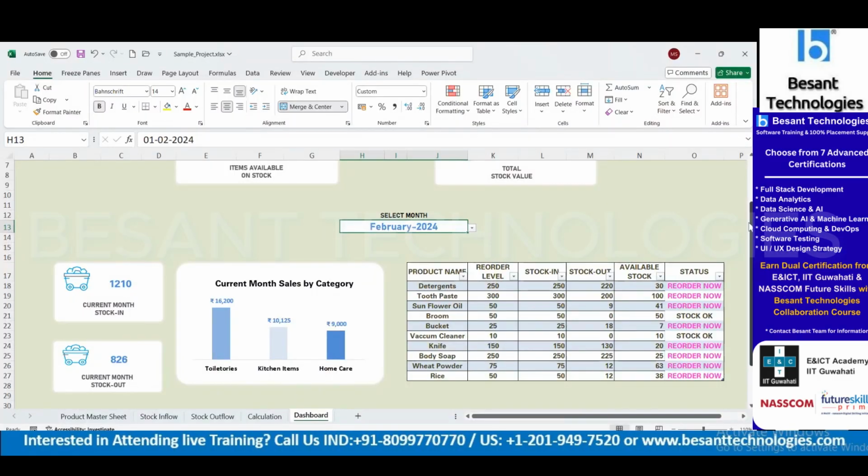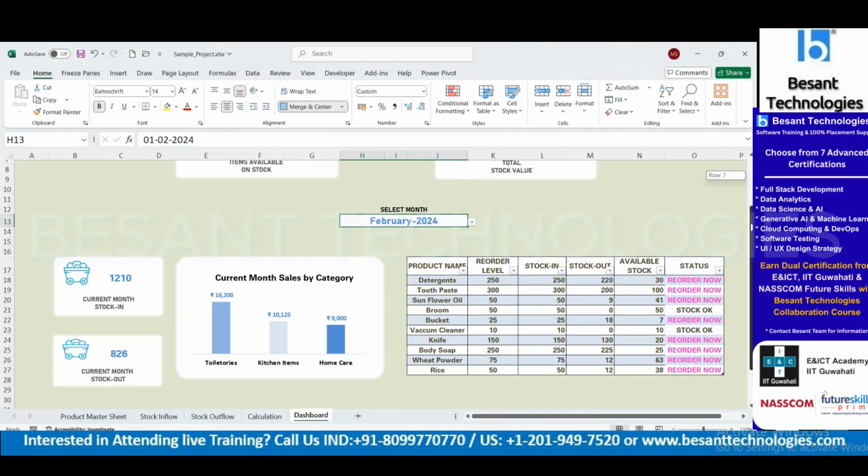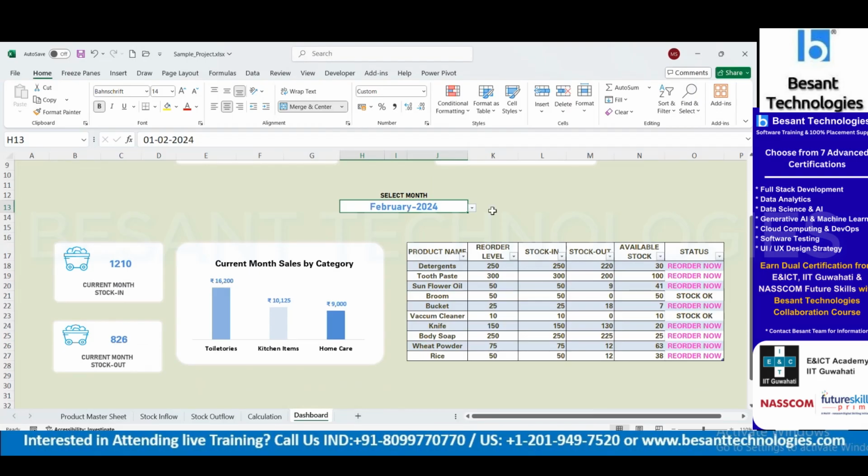Now, whatever you're seeing on top is not based on any specific month. It's overall, and that too not based on any specific product, overall. Without regard to any product or date, it shows the total items that are currently available and what their value is. But then below we are selecting a month to show the same inventory, but with respect to a specific